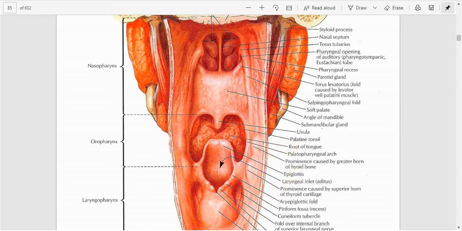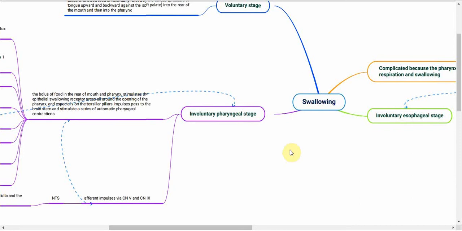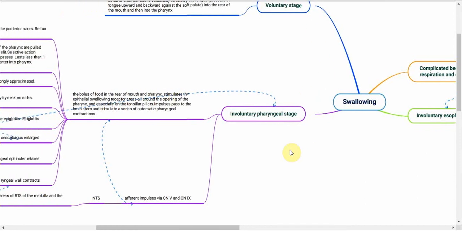Right, back to the flow chart. So I'll go over this again. The bolus of food in the rear of the mouth and the pharynx stimulate the epithelial swallowing receptor areas all around the opening of the pharynx and especially on the tonsillar pillars. And what happens then is that impulses pass to the brainstem and they stimulate a series of automatic pharyngeal